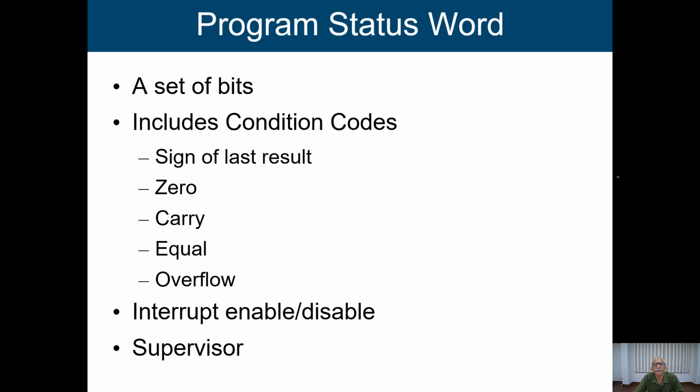So what is PSW basically? I already mentioned that we have several flag bits. We can combine all those flag bits and say that this is our program status word, because when we execute a program, when we perform some ALU operation, it will change those flag bits. If we have done some operation in the main program, it sets those flag bits accordingly. When we execute something in an interrupt service routine, those flag bits will be affected. So we have to restore this. That's why we store this program status word.